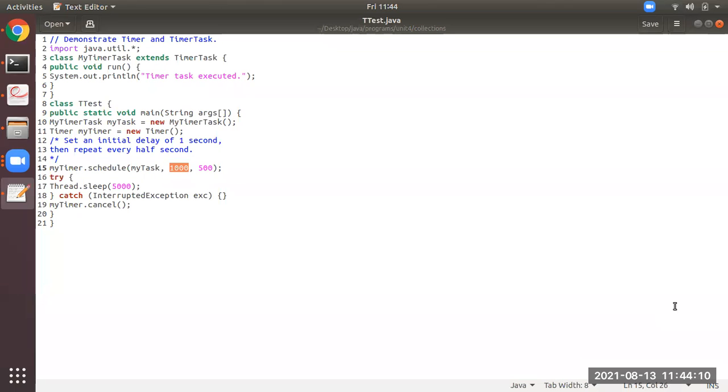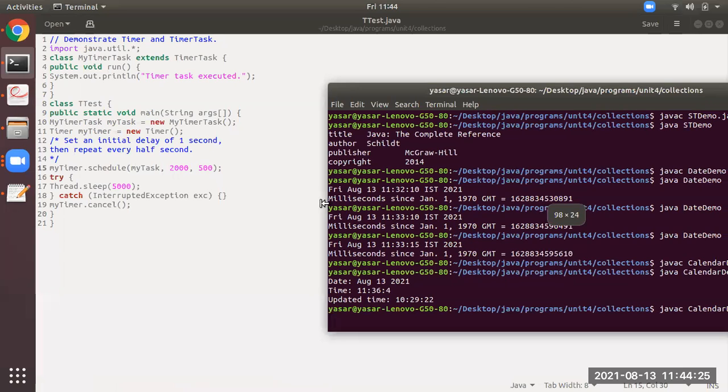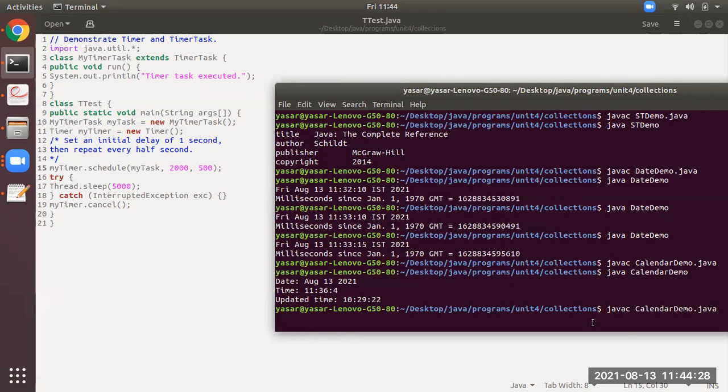Over here it is 1000 milliseconds. So what I'll do is I will make it 2 seconds, that is 2000 milliseconds. Save it. Now you all please try to observe the output and how many seconds it will take to schedule the task.